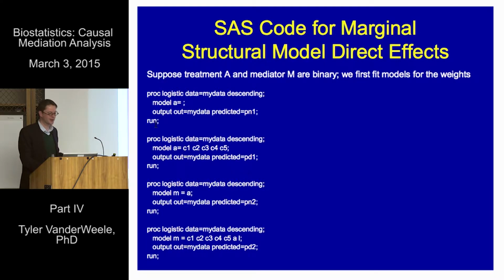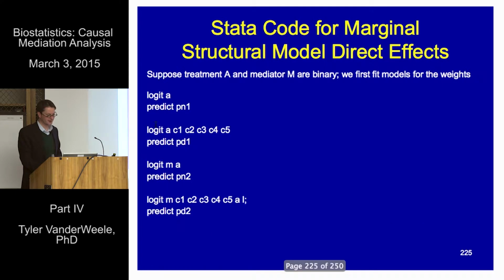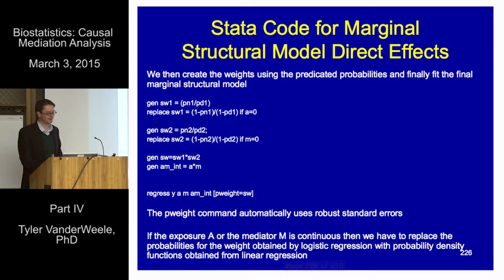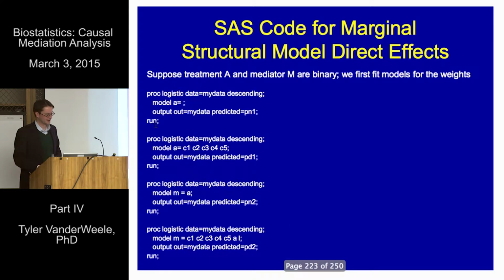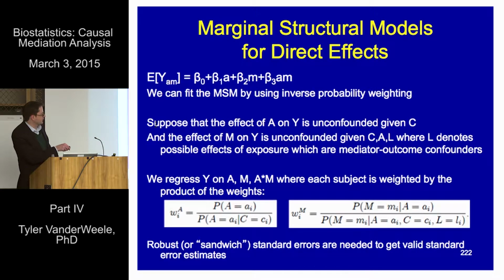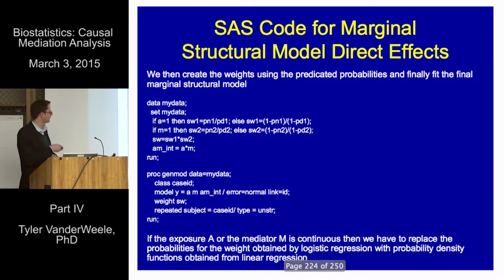It's really just sort of 2 pages of SAS code or 2 pages of Stata code to fit this. All one really does is fit logistic regressions for each of these probabilities. You get the predicted probabilities, you form the weights, you multiply the weights together, and then you just fit one final linear regression model where you weight each subject by the weights you calculated. You need to use robust standard errors for the standard errors to be valid here. But this can be done in a pretty straightforward way